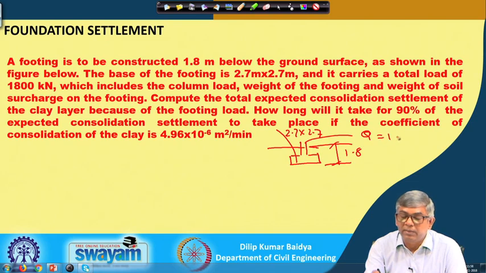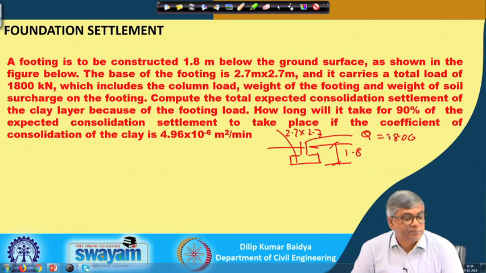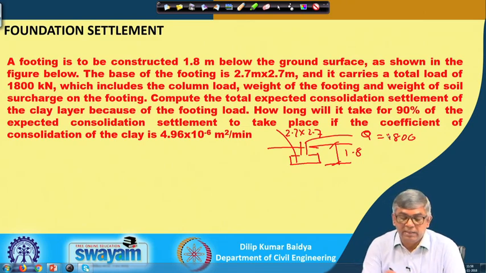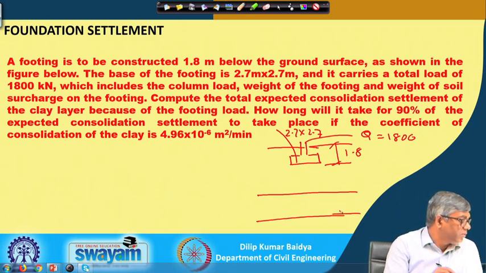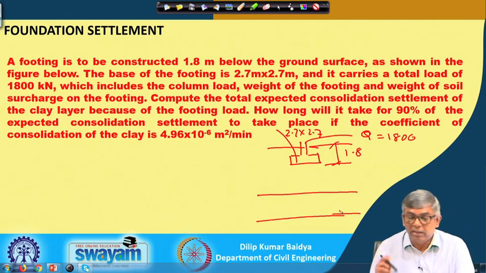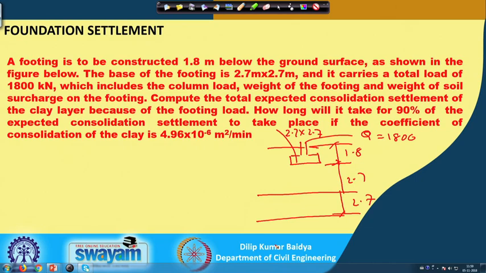Q becomes 1800 kilonewton. It is there in the previous slide, and then compute the total expected consolidation settlement of the clay layer because of the footing load. The clay layer was somewhere here, and its thickness was 2.7 meter, and this is 2.7, this is also 2.7, and the water table was